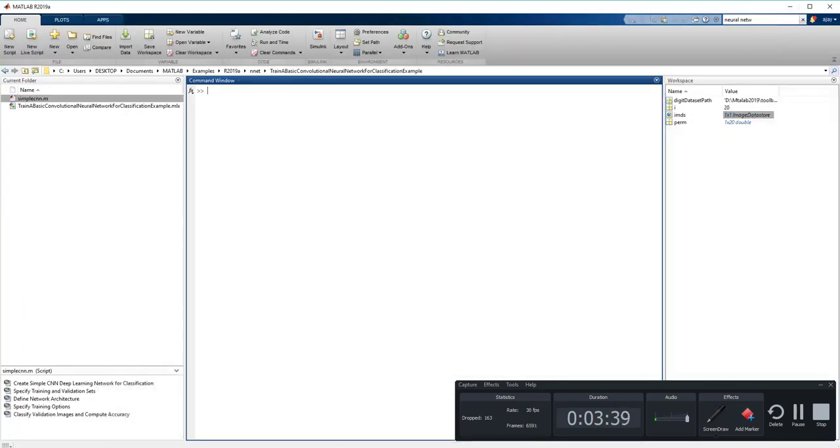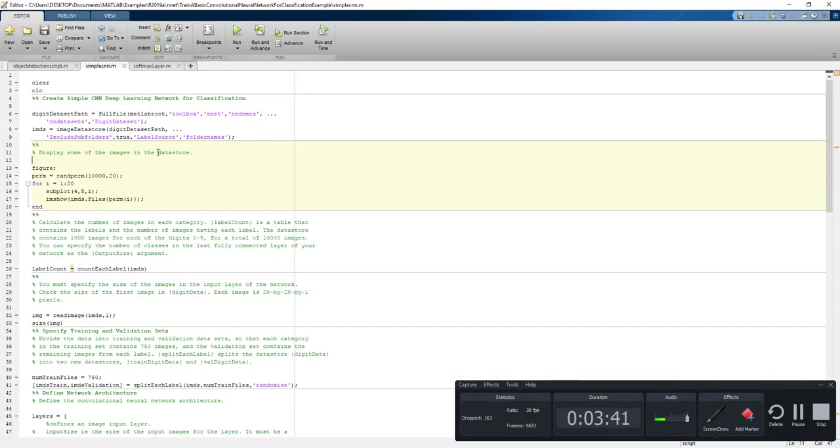You can load all the images directly into your workspace with the help of image datastore. All you need to do is give the path of the folder and include subfolders, meaning all the images available inside any folder will be stored in your database. Label source means what label source you are considering.